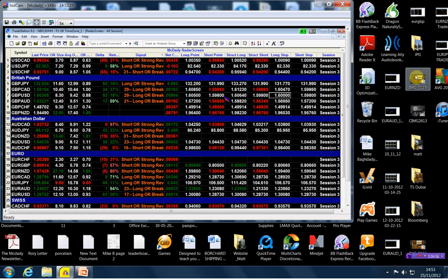On the short side, I'm going to go short below the structure point, which is the 159.80. That's going to be my short entry, and it is going to be my stop. Okay, that is the